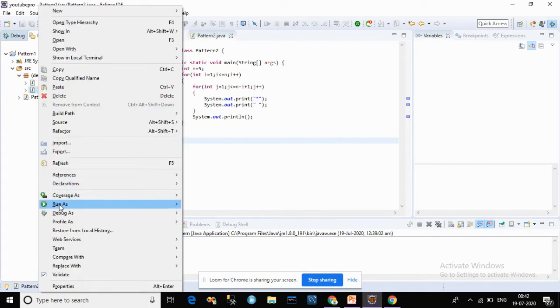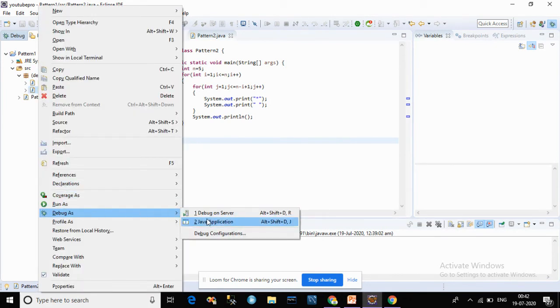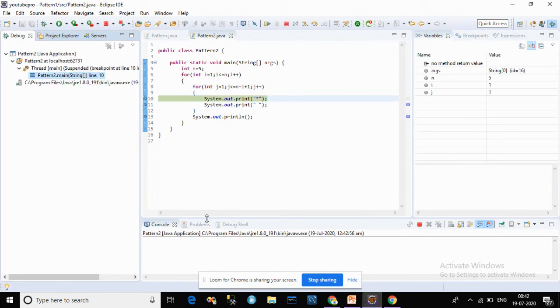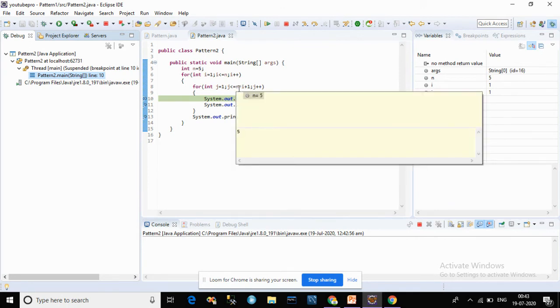Click on this, debug as Java application. So initially we just change the logic here, because it is the opposite, the mirror image of this.